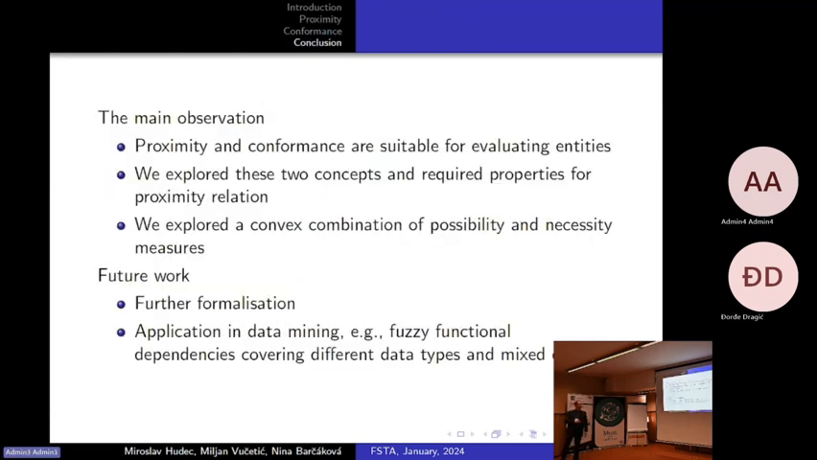So I think I am more or less on time, just to look at some main observations. Proximity and conformance are suitable for evaluating entities. They were used in the past for fuzzy relational databases, especially the measure which was called similarity. But as I mentioned earlier, due to the problem, the max-min transitivity was excluded, and then the measure got named proximity. But for the proximity, we add an additional property, which is to keep monotonicity between linguistic terms, and also